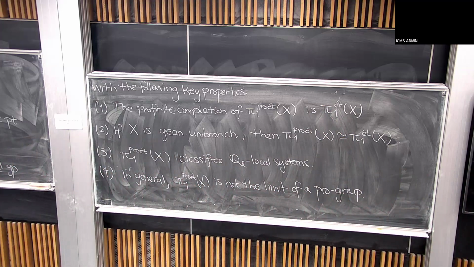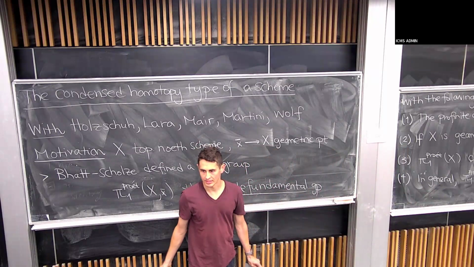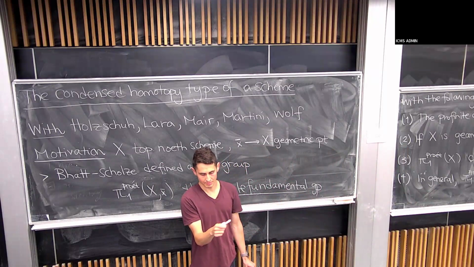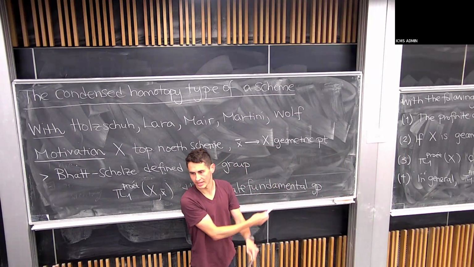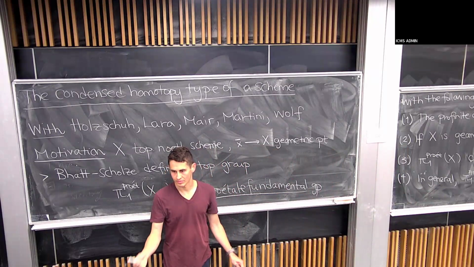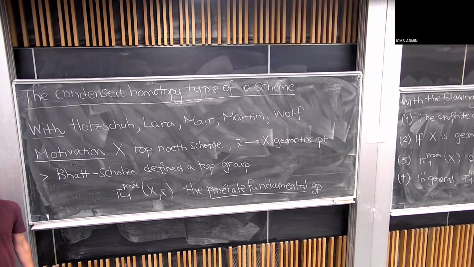I have no intuition for this geometrically unibranch, but are there simple examples of varieties for which those two are different already? Pro-Étale? Yeah. So if you identify 2 points on a curve, then the Pro-Étale one will recover Z, but the Étale one is a profinite group and it's Z hat. 2 points on the curve, like on a P1, you mean? Yeah, P1 with two, you identify 2 points. The topological fundamental group of that is also Z. Yeah, the topological fundamental group.